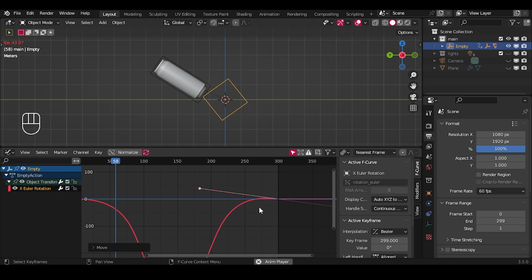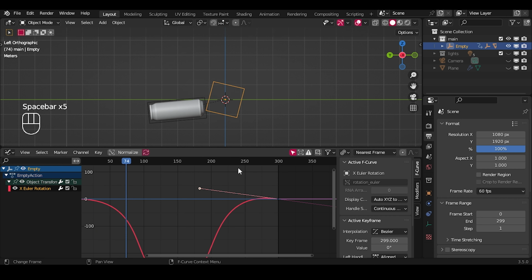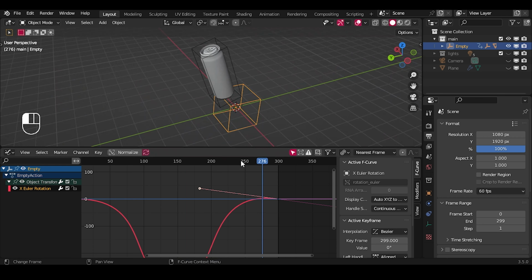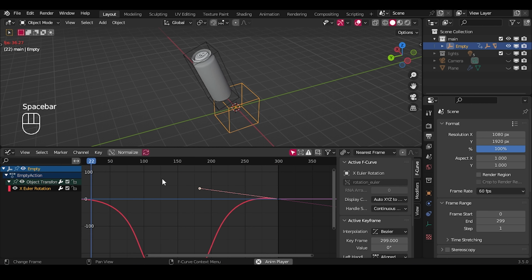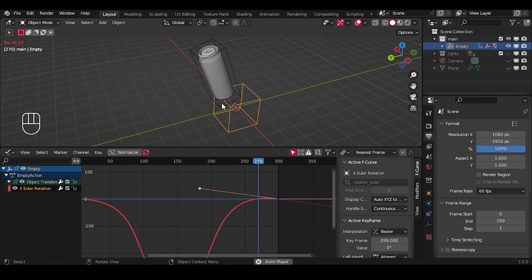So now it's a perfect loop. When we play it, you can see it start from here and just go back, and then it's a perfect loop. So our first step is completed, we have something going on here. Okay, now for the next step, we are going to duplicate our same